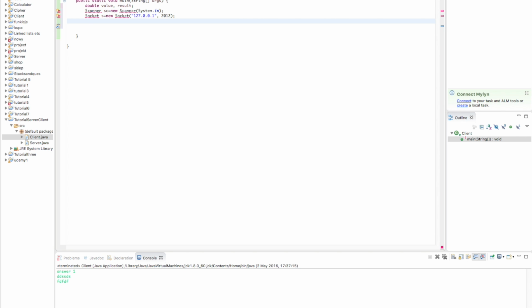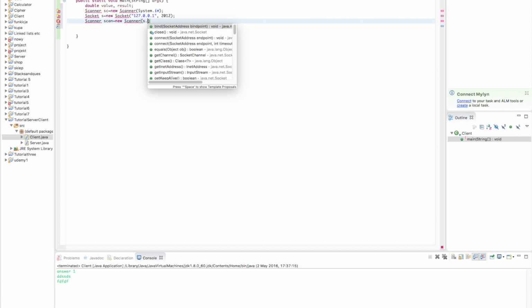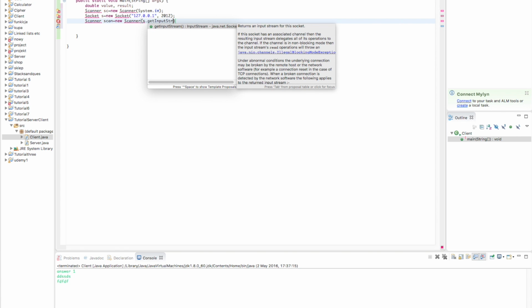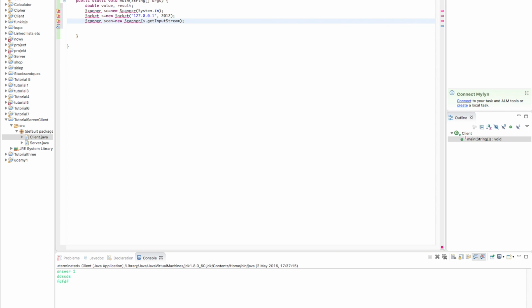We're going to create another scanner to get some data from the server. Okay, we just use the socket, whatever comes from there. So getInputStream. Okay, whatever comes from there. So now we got the output of the server, which will be the result later on,